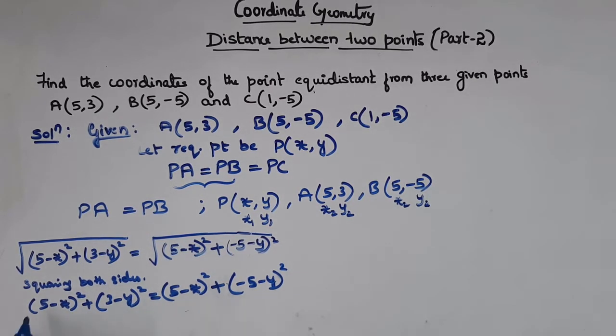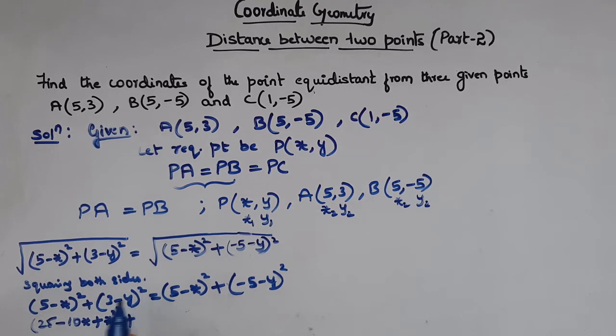Now let's simplify this. So this is of the form (a minus b) the whole square. We have a square, that is 5 square is 25, minus 2ab. Here a is 5 and b is x. So 2 into 5 is 10, 10 into x is 10x, plus b square. In this case b is x, so x square. Right? Plus, this is also of the form (a minus b) the whole square. So a square, that is 9, minus 2 into 3 into y. So 2 3s are 6, so 6y, plus y square. Here b is y, so y square,